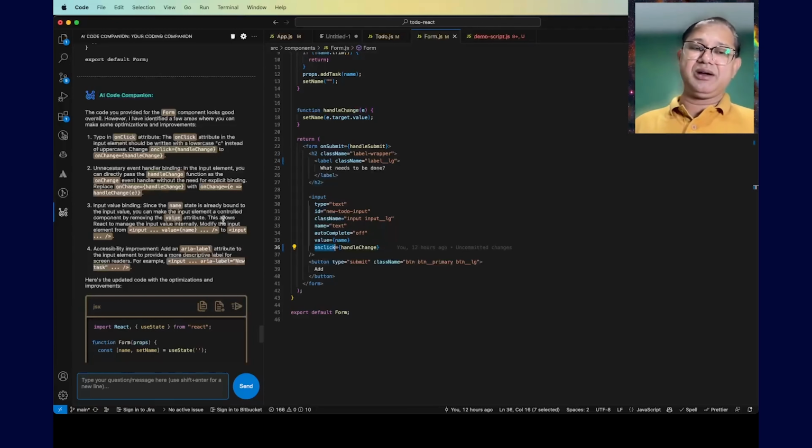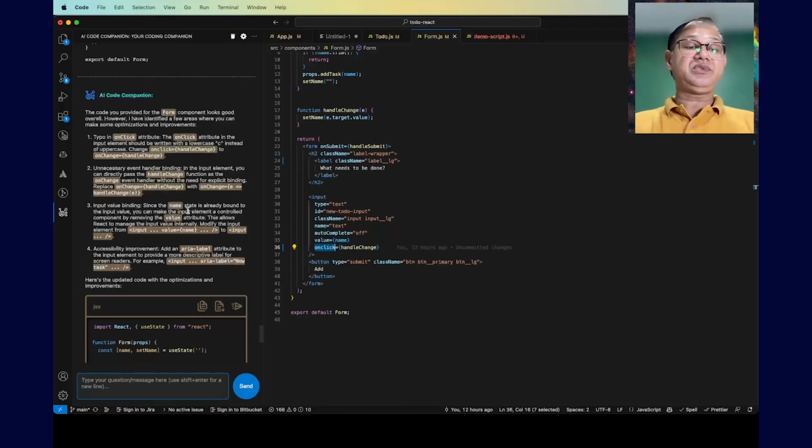Now you can imagine, right? Sometimes when you're working and dealing with complex components, React components, or maybe Java, I don't know, whatever you're working with, you tend to miss some of the best practices. Now here is the companion which you can use to find those improvements and incorporate those before you raise